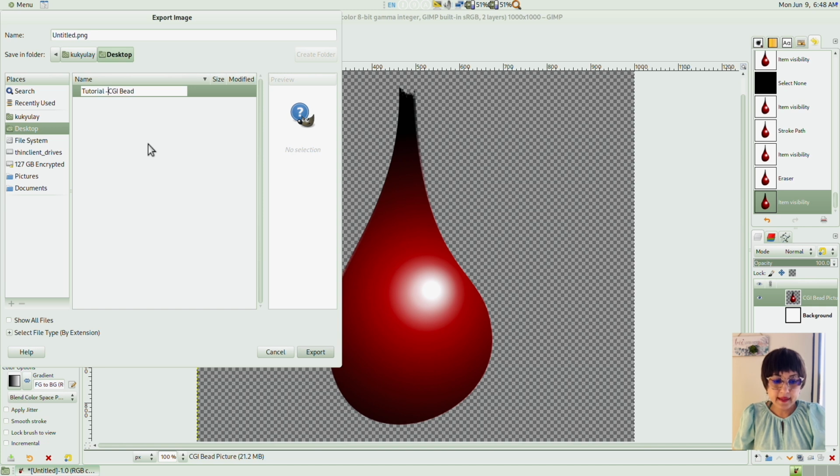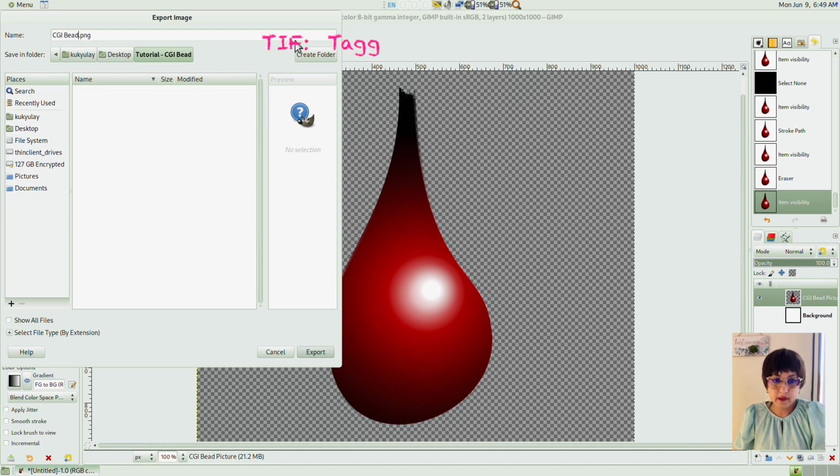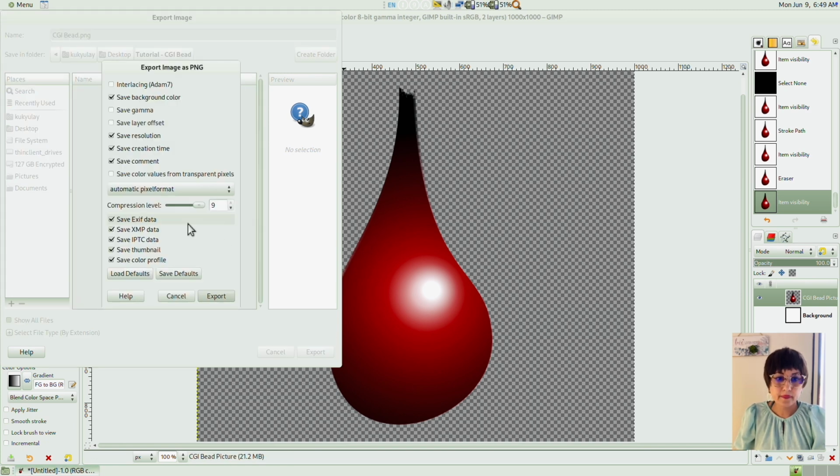So I want a transparent background for this picture, so I'm using PNG. There are other formats that support multi-layer. TIF format, tagged image format, is one of them. But for this case, I'm using PNG.